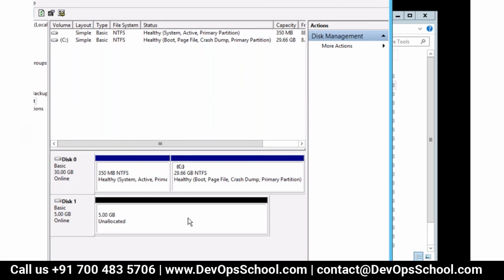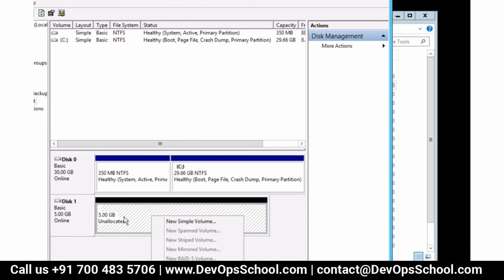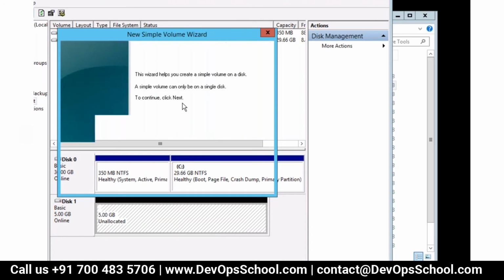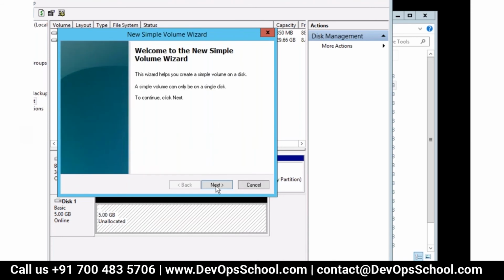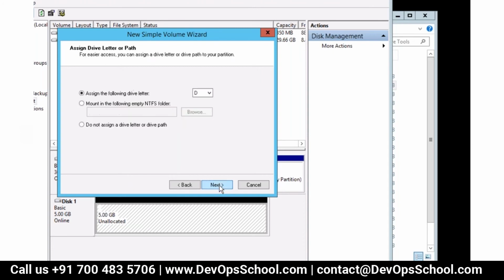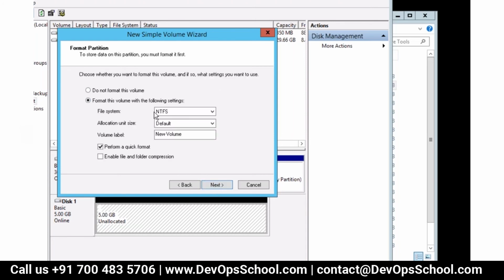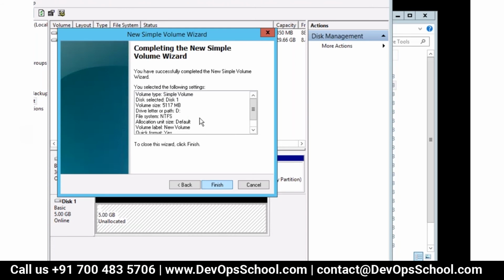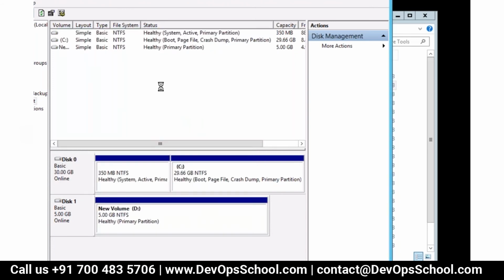Now I'll come to this 5 GB portion, right click it, and create a new simple volume. We'll come to new volume. I'll just go by defaults. I will assign this the drive letter D, and the type of file system I am creating is NTFS, and finish.